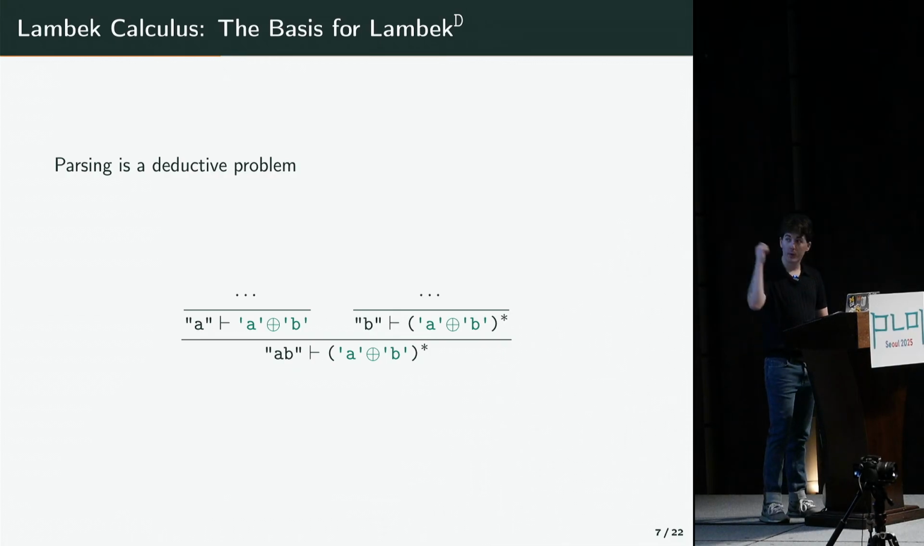And so if we want to parse a string, say AB, we can decompose the resources being parsed and construct smaller proof trees corresponding to the decomposed string. And what I want to say is that